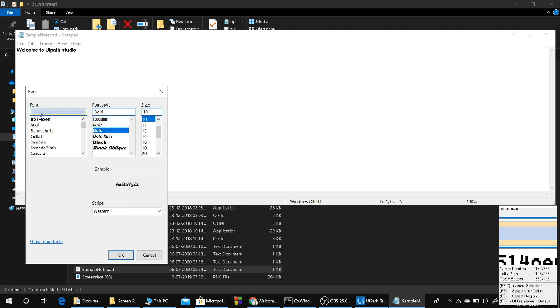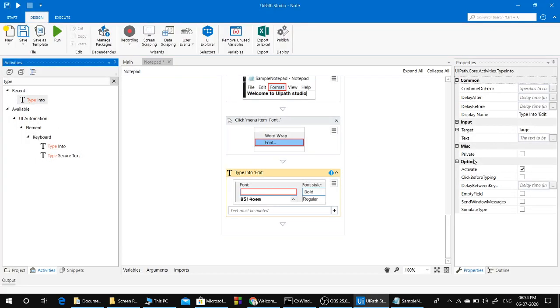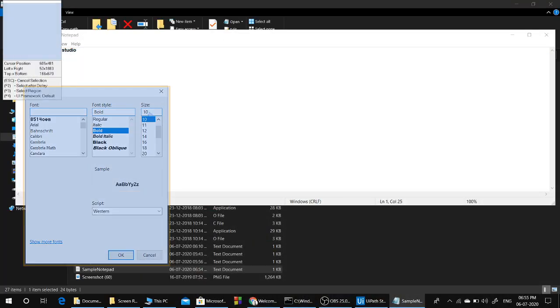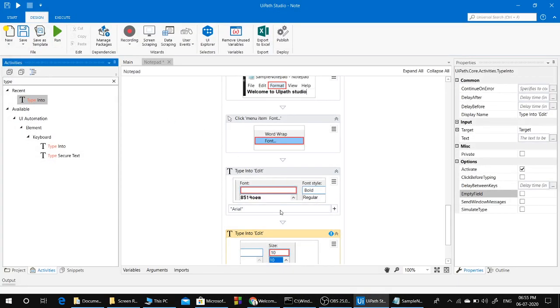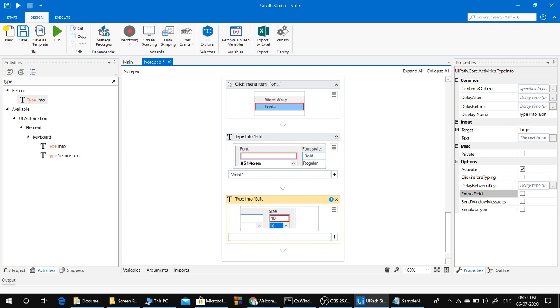Indicate here, and must check that it is an empty field and give the text. I am giving Arial as the font name, and again drag this and indicate on font size, and must check that it is an empty field and give the font size as 15, and then we have to click on OK.